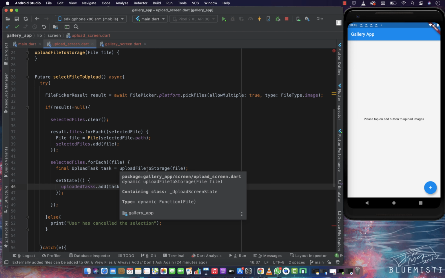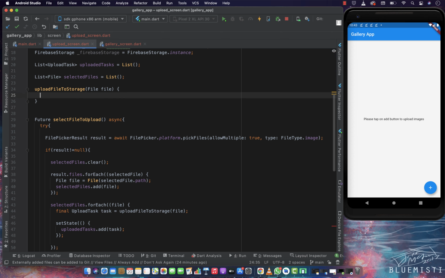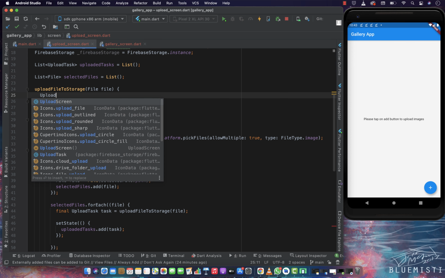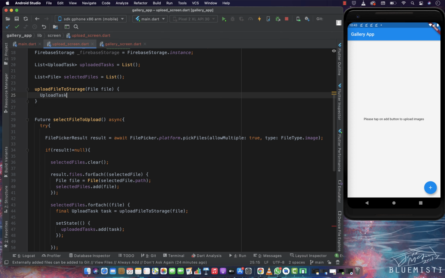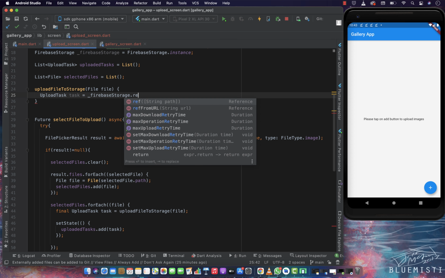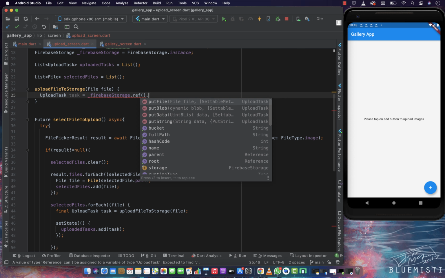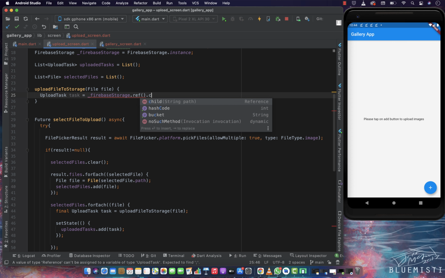Now let's write the code for this upload files to storage, which will actually upload this file to Firebase storage. So what you have to do, we'll make the upload task instance, and let's name it task. We have to get the Firebase storage reference, and inside it you can get the reference. It will provide you the root reference of the Firebase bucket. And then you can simply call child,